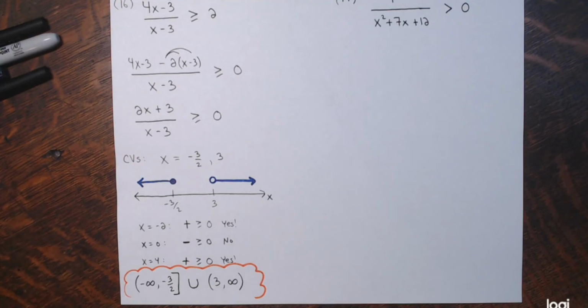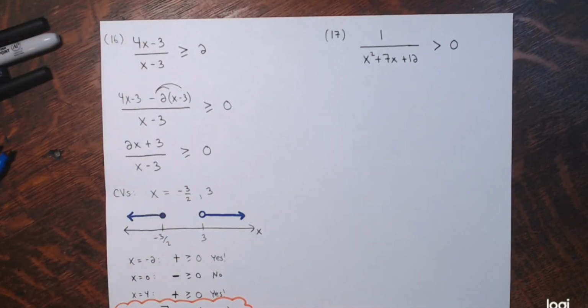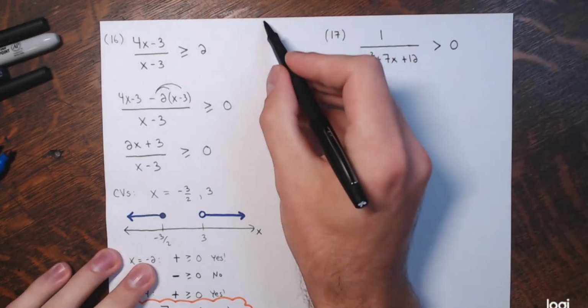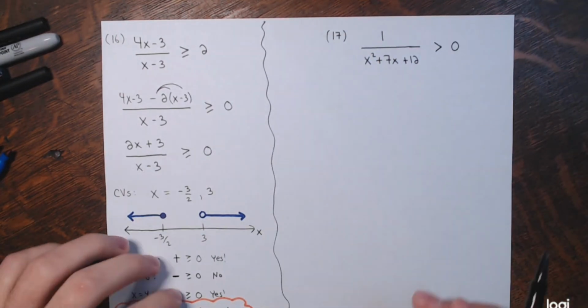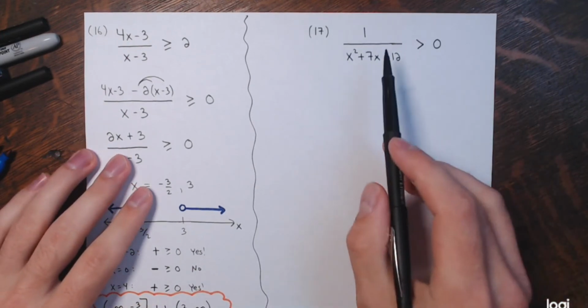Great. All right. So the next examples now start introducing inequalities with fractions, where now maybe a numerator or a denominator will be a quadratic polynomial, right? So far, all my numerators and denominators have been linear polynomials, where x to the first power was the highest power. Now we're going to start seeing quadratics, where x to the second power is the highest power. But the way you do the problem is no different. So example 17,